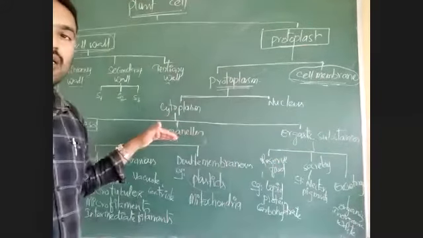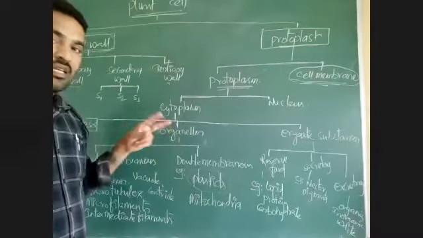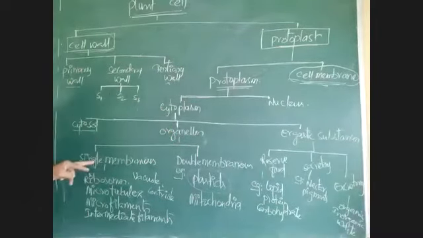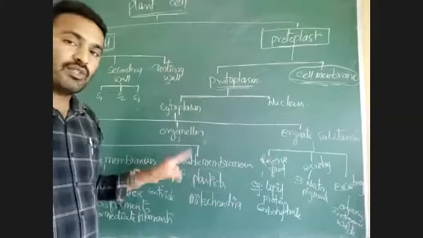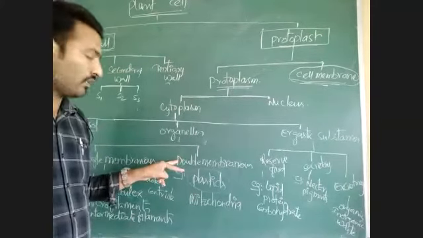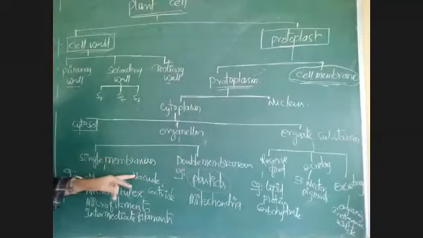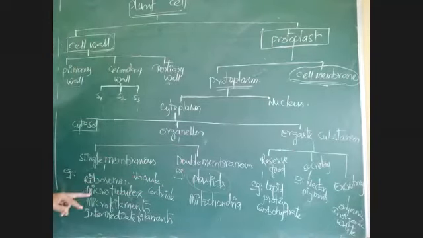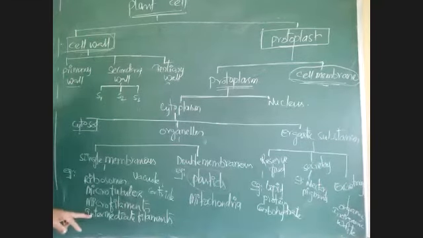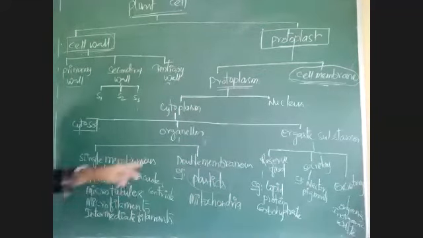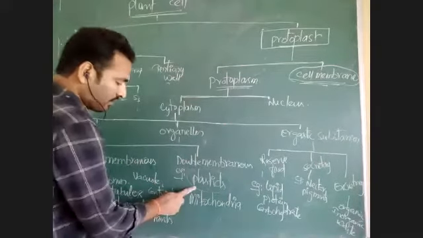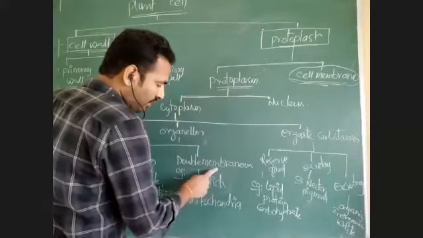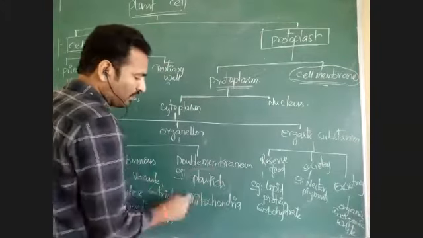and organelles. These organelles are again divided into two based on the number of membranes. Organelles covered by one membrane are called single membranous organelles. Organelles covered with two membranes are called double membranous organelles. Single membranous organelles include vacuole, centriole, ribosomes, microtubules, microfilaments, intermediate filaments. Double membranous organelles include plastids and mitochondria. Plastids are present only in plants. Mitochondria is present in both plant and animal.